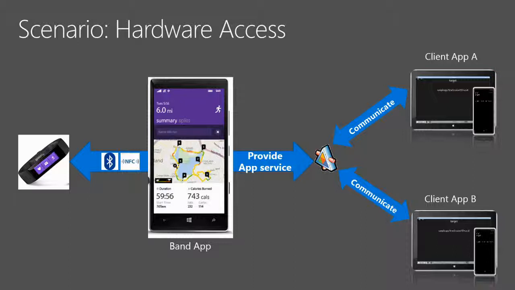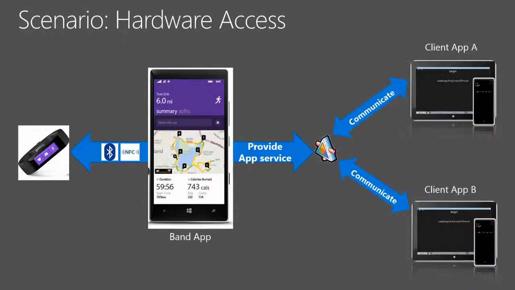I can't get to that right now, but the Band SDK team is looking into putting app services into the Health app. So instead, our secondary and tertiary applications can connect to those app services and not only get live stats, but historical trending, and we can do a lot more different visualizations, whatever else takes our fancy. So that's a pretty key scenario that app services are going to enable for us.